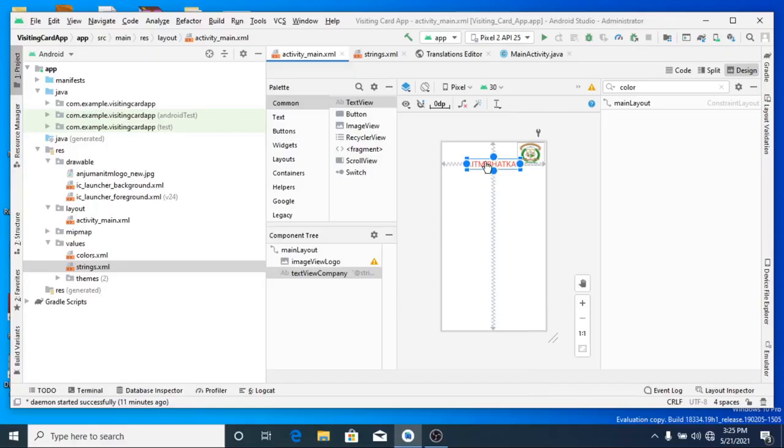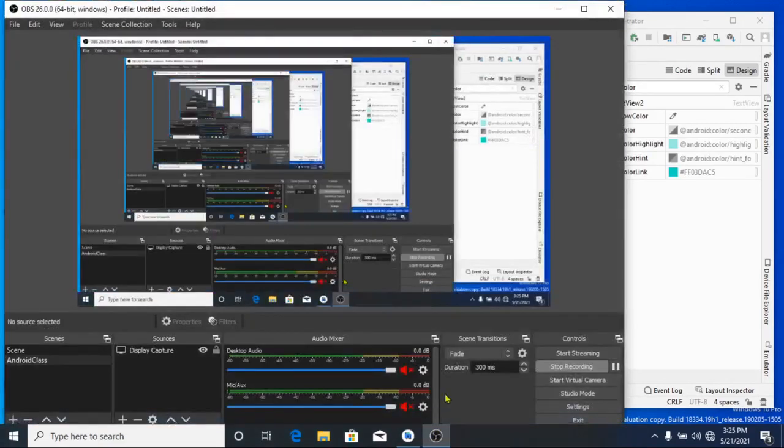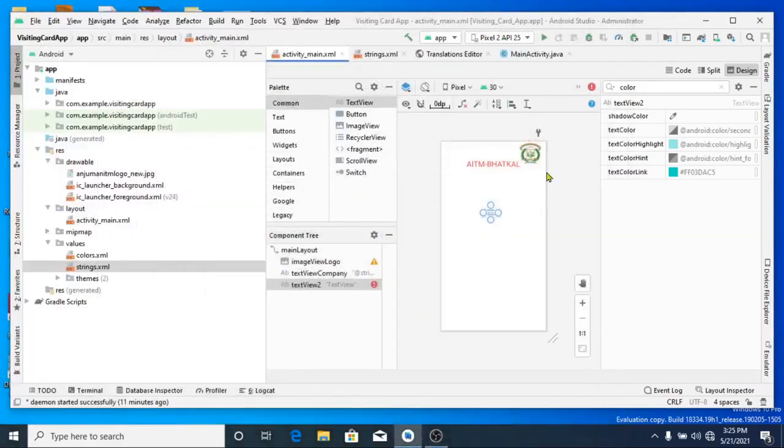Okay, I have brought one text view, that is the company name I have brought. Now let me bring the next text view and place it here. Right, place it here. That text view, whatever you are having, again the same method to be followed. Right, first it is again saying that constrain it. I will constrain it with the main layout.